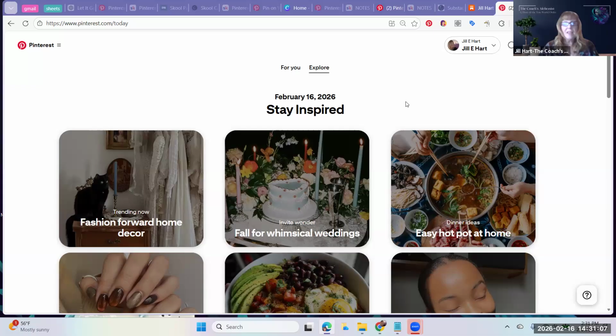Then Tailwind came along, which is a posting platform. It was the only one approved by Pinterest, I don't know if it still is. There were some others, but Pinterest really doesn't like you auto posting into boards off the platform. So if you're going to create pins for your content, do it on the platform, like I showed you how to do here, or pin from other websites onto your boards. That's how Pinterest was designed to be used.